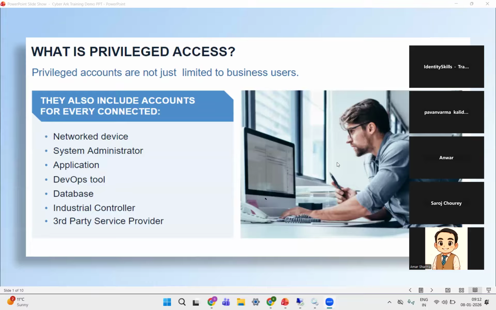They might also have access to files that are not normally accessible to standard users. Since privileged accounts always grant access to information or targets that are valuable or critical for the